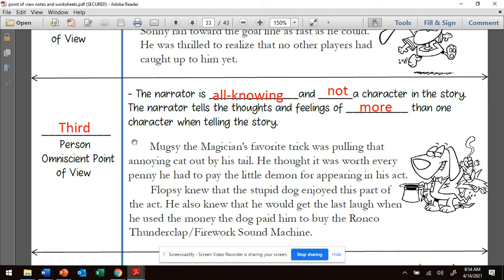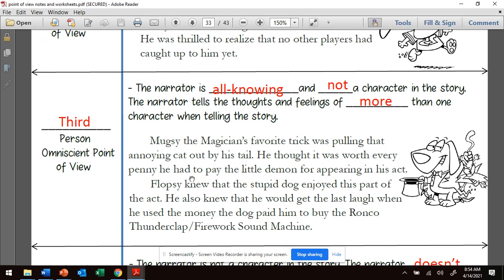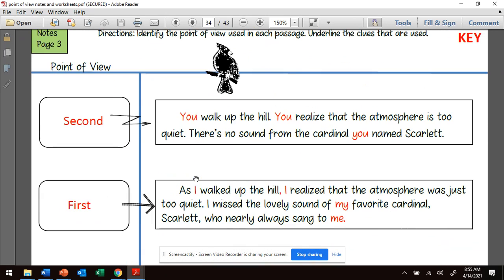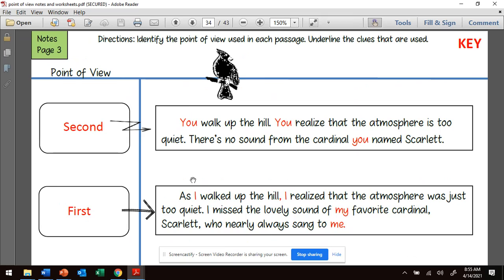The narrator is all-knowing, not a character in the story. We also know, as the narrator tells us thoughts of more than one character. Remember, limited, we just know one character's feeling. Omniscient means all-knowing. Then the last one, third person